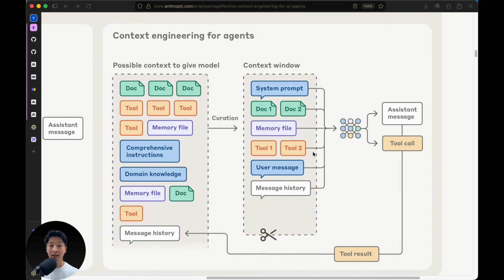So in the context window, we will of course have our system prompt as well as the latest or current user message, along with whatever other context we felt was relevant from all of these possibilities on the left. And that's what we're going to pass to the LLM. And at that point, the LLM or agent is going to provide a response, either a simple text response as a message, or it could decide to call a tool. Whatever that response is, it comes back to our system over here on the left, where again, we're going to decide for this very next step what the exact relevant context is